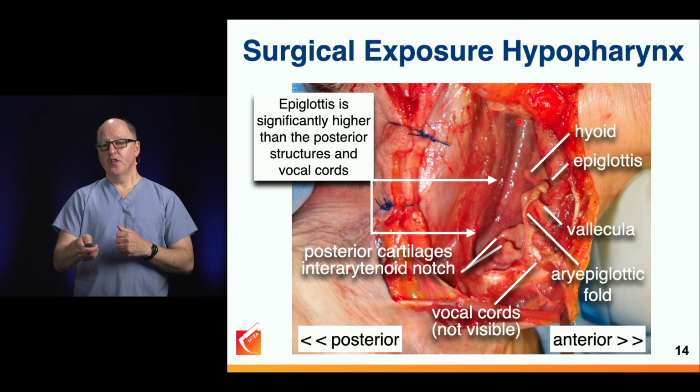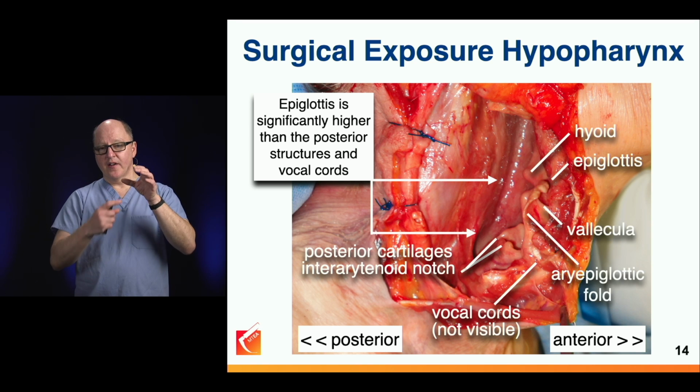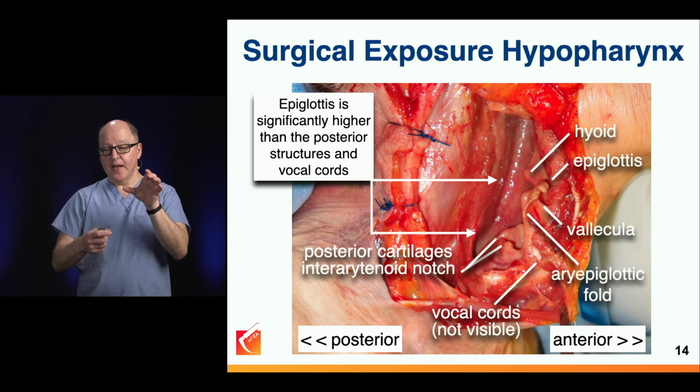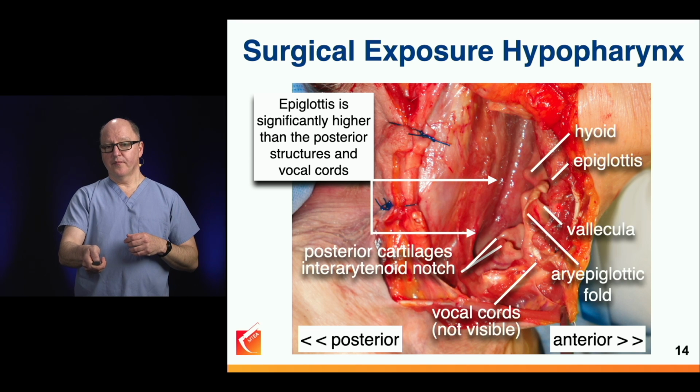base of the oropharynx, hypopharynx, and we've got the hyoid. And remember, the hyoid kind of comes around, and the hyoid is the base of the epiglottis. So the hyoid, here's the tip of it, but the base of the hyoid, or the part of the hyoid ring, is going to be down low, and it goes from here up to there. But the epiglottis is suspended to the hyoid through the hyoepiglottic ligament. But here is the vallecula. So we've got hyoid, epiglottis edge, the vallecula, the aryepiglottic folds coming down on either side, and the vocal cords